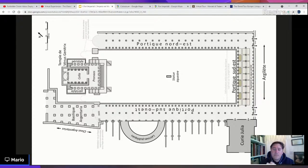Anyway, the structure of the forum was quite simple. Basically, there was a portico around, which was an emergency back-up use for when it rained or the weather wasn't good. So instead of carrying on the businesses in the square, even the trials and the contracts and everything, they could do that under the portico. And then, bottom right, you can see the Curia Julia, which is basically the new Senate that Caesar had rebuilt. And on the left, there was a temple dedicated to Venus Genitrix, Venus the mother,